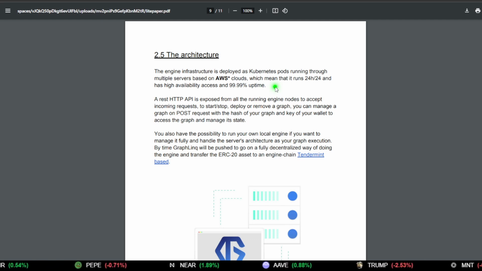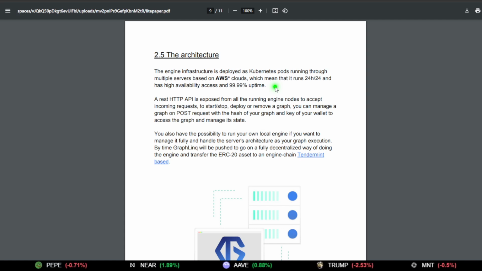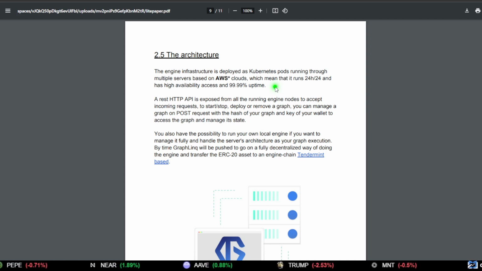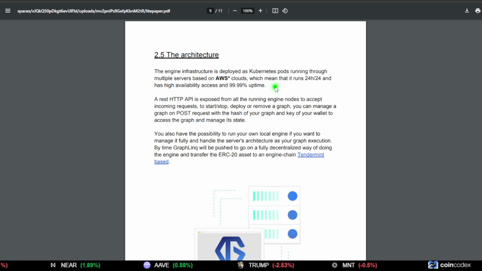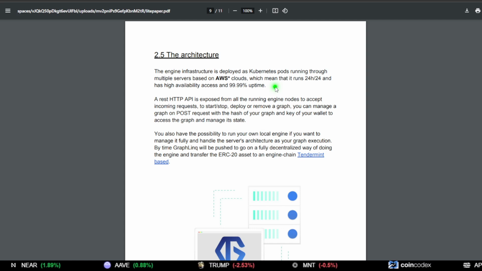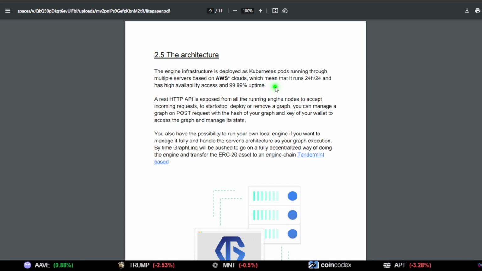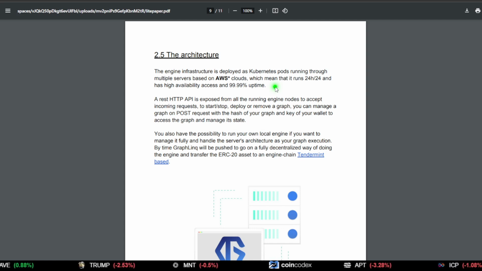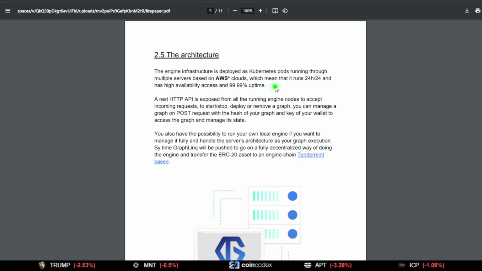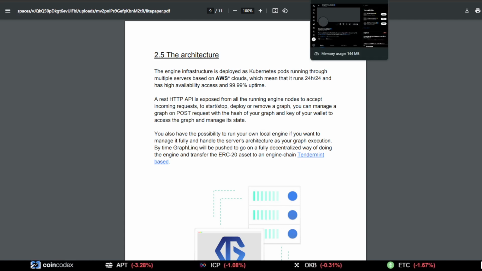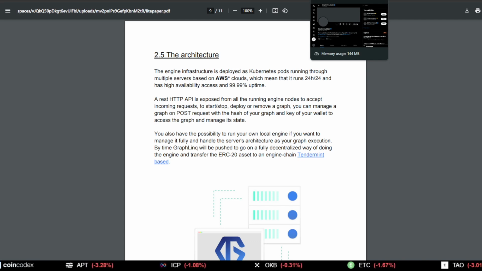So for me, it's like, okay, a little bit of an issue. I'm not crazy about this. It looks to me like it could be a very viable Web 2 solution. So what I'm trying to say is Graphlinq doesn't really need a coin. Why is it decentralized? Okay, they have nodes. I get it. And to run these projects in a decentralized way through governance, which I don't see much of. Where's their DAO infrastructure? I don't see it. So this is where there's a bit of confusion. If your ultimate backend is centralized, where's your decentralization? That's a centralized choke point. So keep that in mind. That's something that I'm definitely going to focus on in the next little while.